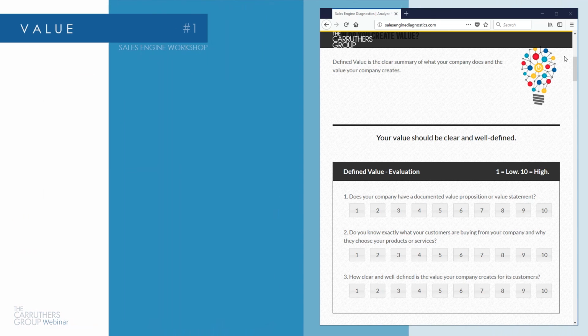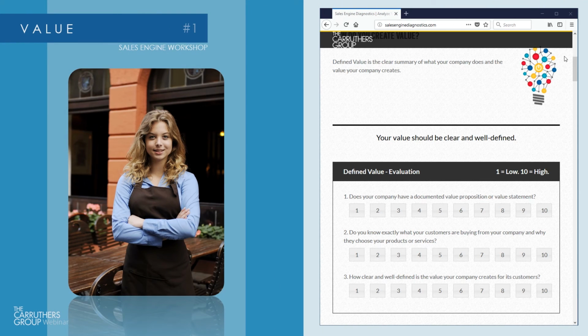But if I asked one of your waitresses, "Hey, what type of value do you create?" And she said, "Well, we make really great hamburgers. You know, we're kind of a diner that makes great hamburgers." That falls flat for me. To me, that person isn't clear on the value, that you actually know how to take hamburgers and bacon and cheese and put it all together and make the most amazing bacon cheeseburgers in the world. So value is essential if you start thinking about the marketing function, how you train your staff, how you talk about your brand, and how you engage the audience too.